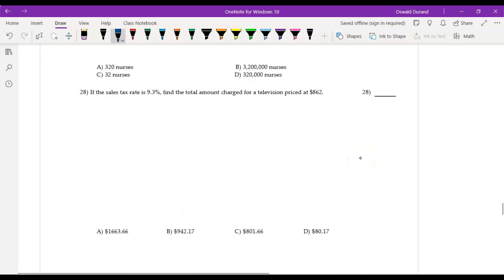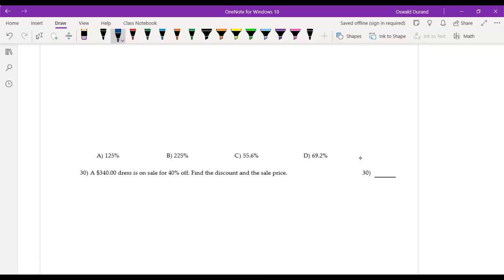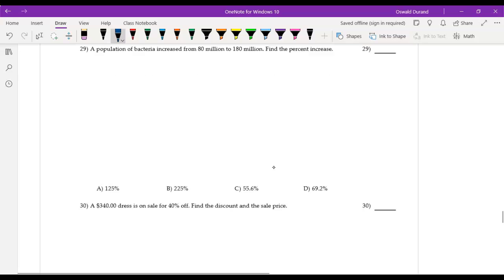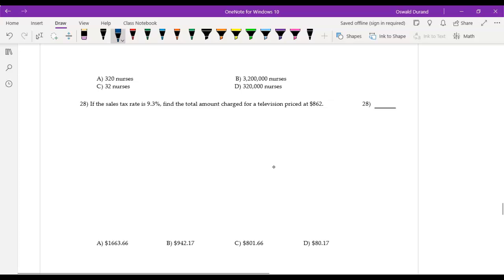Alright, so let's do kind of the same thing here. Let's do one or two problems. Yeah, let's do 3 problems that you're going to see. Let's do this one first. Alright, so if the sales tax is 9.3%, right? So you're going to a store, you're trying to buy a TV, and that TV is $862. That would be very expensive nowadays, because I just bought a 55 inches for $280. So 862 is very, very high these days. But anyway,